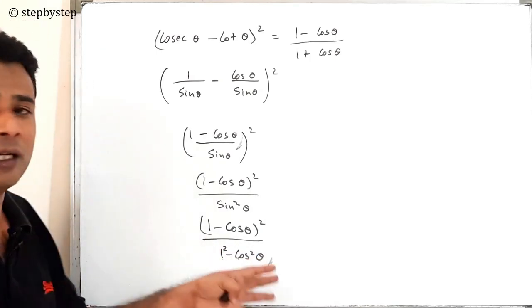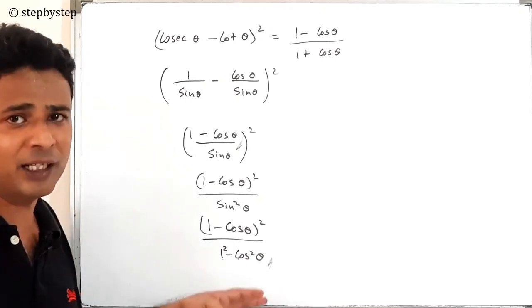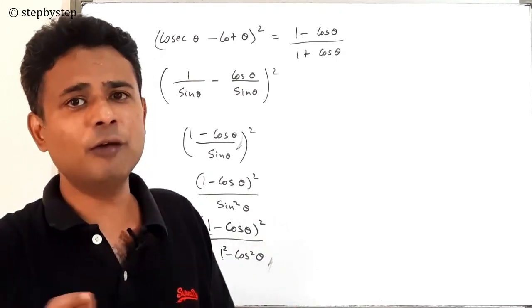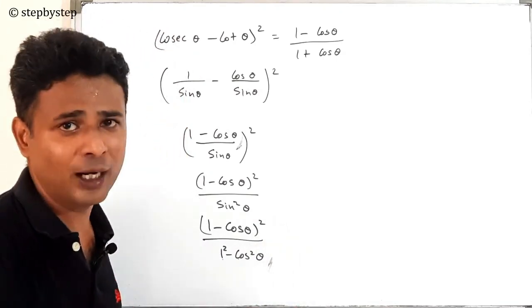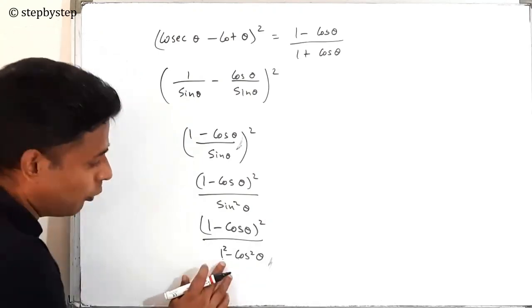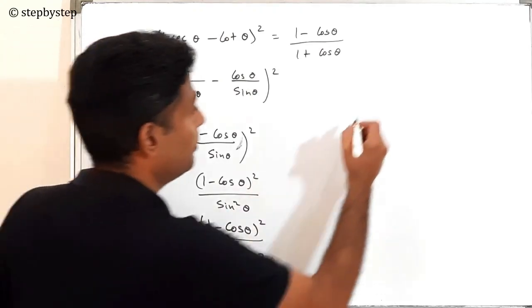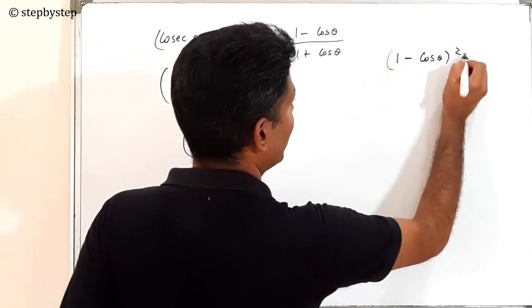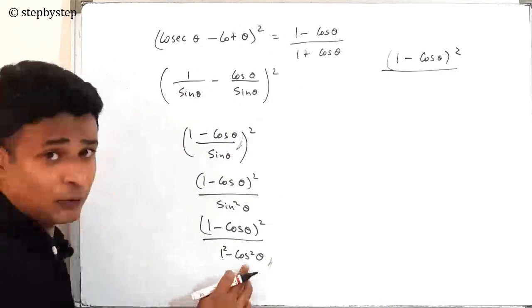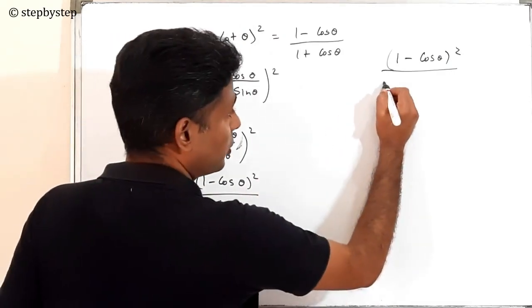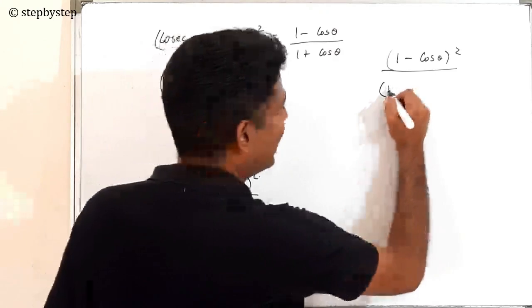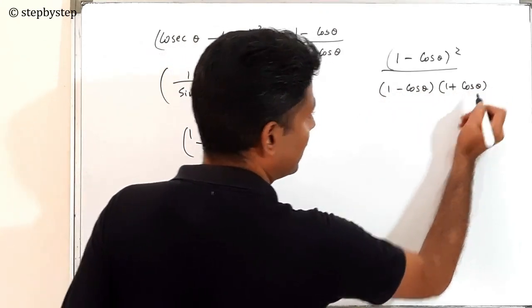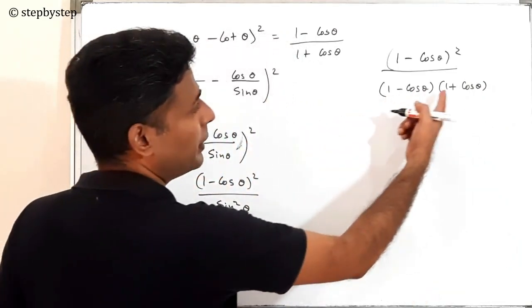A square minus b square equal to (a plus b) into (a minus b). Either you will get something in terms of a square minus b square, or something which is in the form of a plus b, and you have to make it in the form a plus b into a minus b. That you will come to know as I solve other problems. For now, we have this as a square minus b square. So 1 minus cos theta whole square by, what is a square minus b square? A plus b into a minus b. So 1 square minus cos square can be written as 1 minus cos theta into 1 plus cos theta, right? A minus b into a plus b.